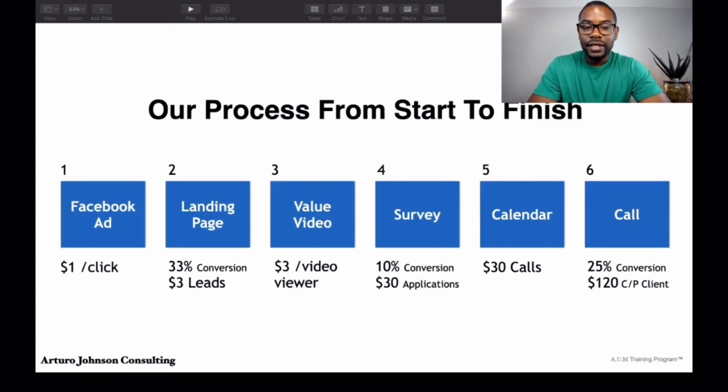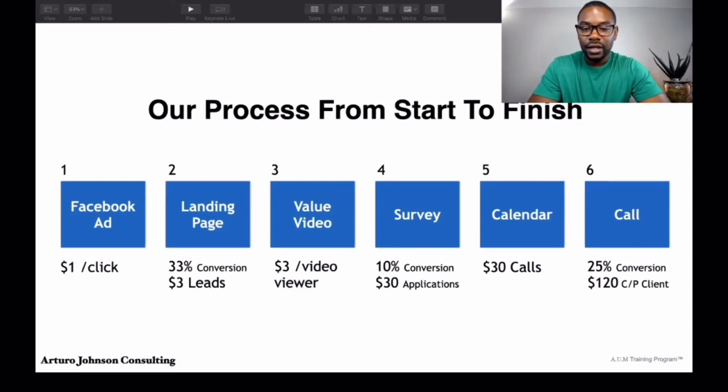And then about 10% of the people who watch the video actually will fill out the application. And so that is about $30 per application, which is basically, if 100 people watch the video, only 10% of them would fill out the survey, and that would be $30